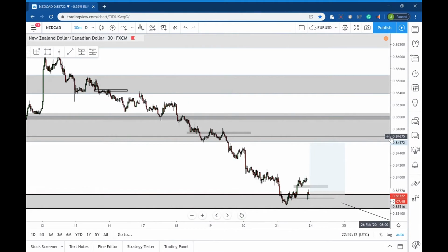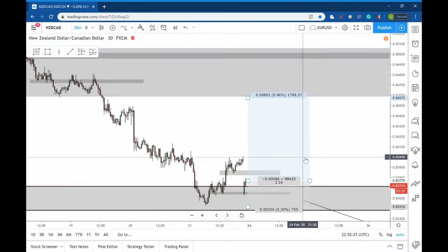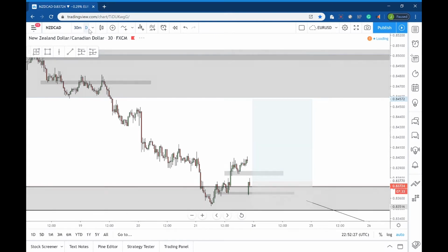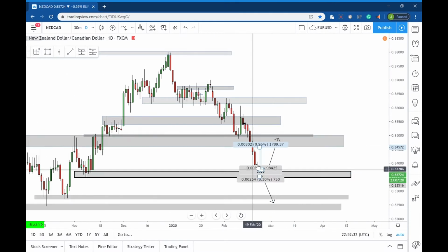Hey traders, so this is the first trade of the week. Right now the market opened just 52 minutes ago, so I'm seeing the potential for an entry here because the market did open with such a large gap on a lot of the pairs. Right now we're on NZD Canadian, so we're looking for bullish opportunities because of Friday's setup showing an indecision candle